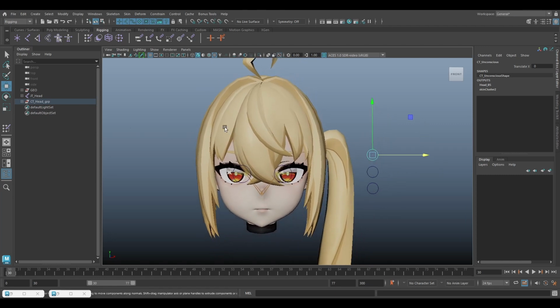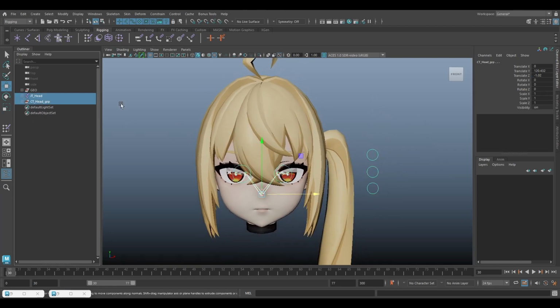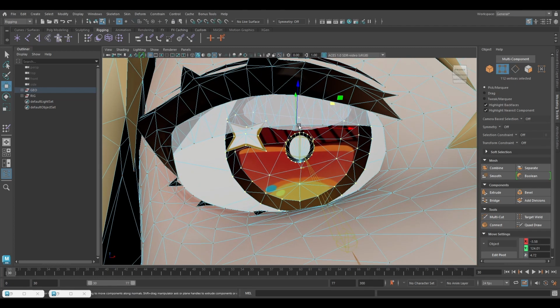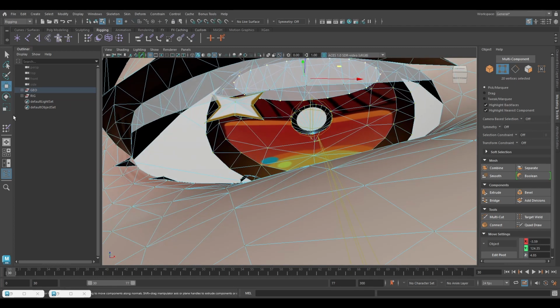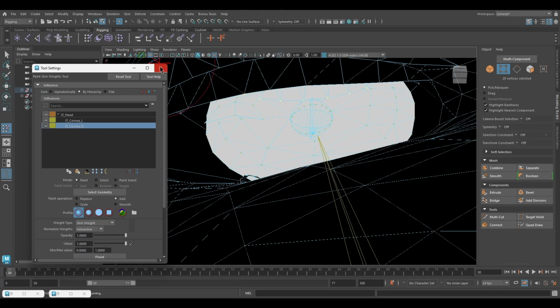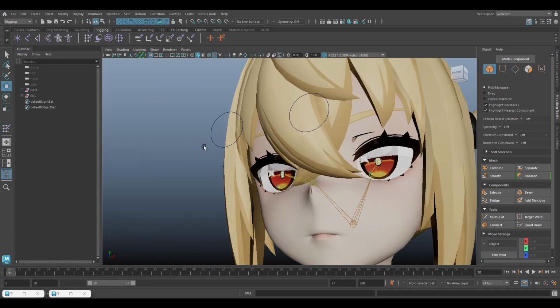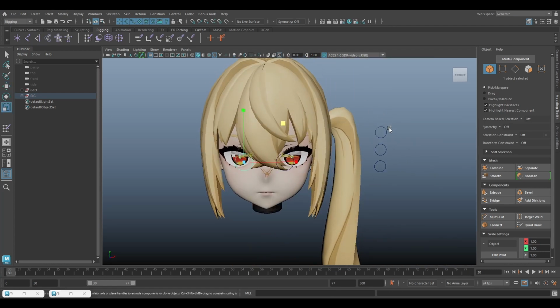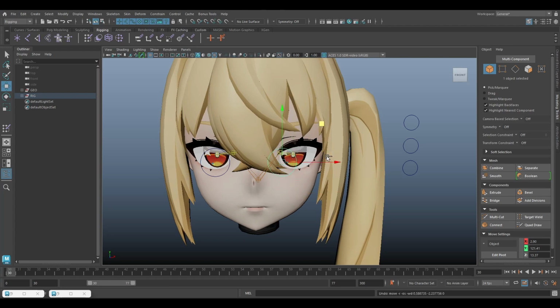Okay, and it's done. Then we can group this, rename it to rig. Okay, in here, I forgot to add influence for the highlight. Okay, let's check the other. Okay, it's all working,